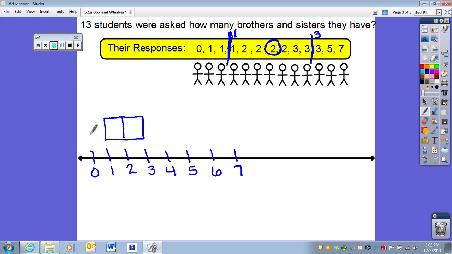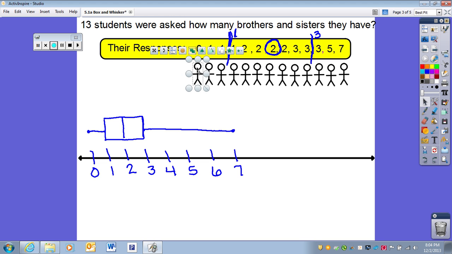Our smallest piece of data is 0, which is our minimum, and that connects then to the box. And our highest piece of data, or our maximum, is 7, and that connects to the box. Now what you have to understand, that even though each of these sections might be a different size, it still represents 25% of the data, because 3 students,